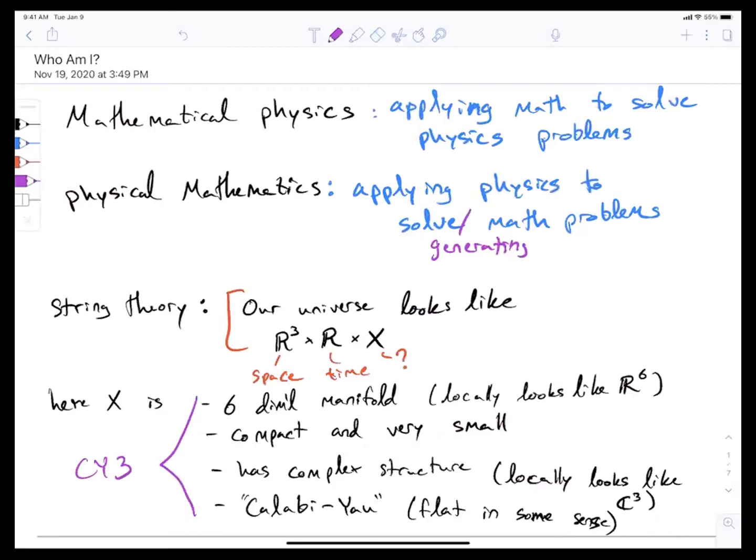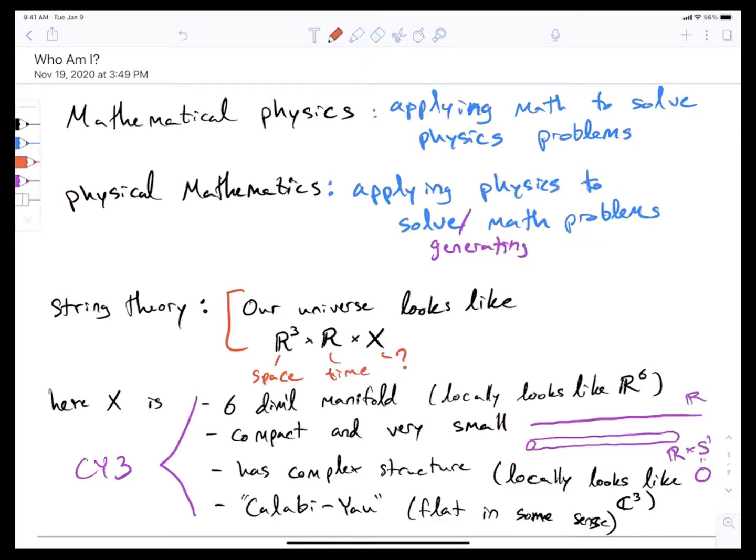To give you an idea of what that means, here's a one-dimensional space, which is a line, but maybe this is actually a two-dimensional space. Here the line is R. But if I look at this two-dimensional space, which is R crossed with a circle, S^1, it's a tube, but then if I zoom out, if the circle is really small relative to the length of the line, it just looks like a line. And so maybe these 6 dimensions that we're not seeing are kind of like this circle.